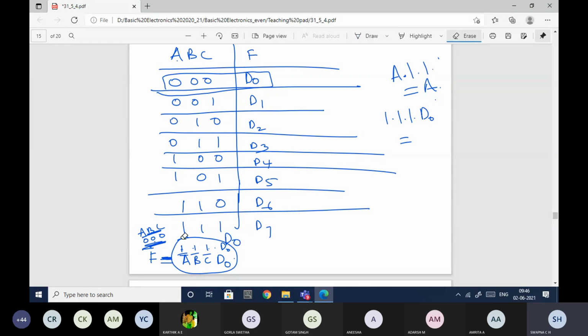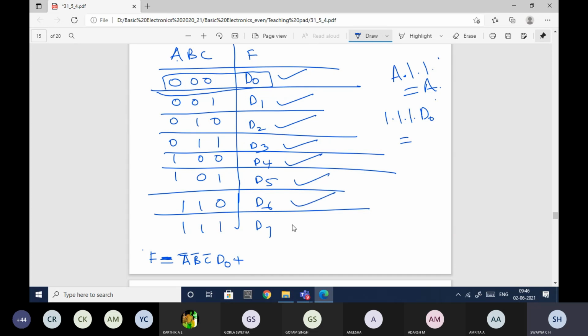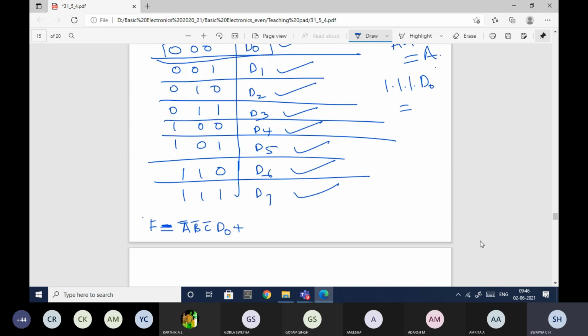I'll write it in the other way also. If I have other inputs, then again it will be OR, because I may get either D0 or D1 or D2 or D3 or D4 or D5 or D6 or D7. Any one will be the output, and that output will depend on the ABC values. That is the reason I'll write its corresponding equation, and then I'll explain once again if you're not understanding.